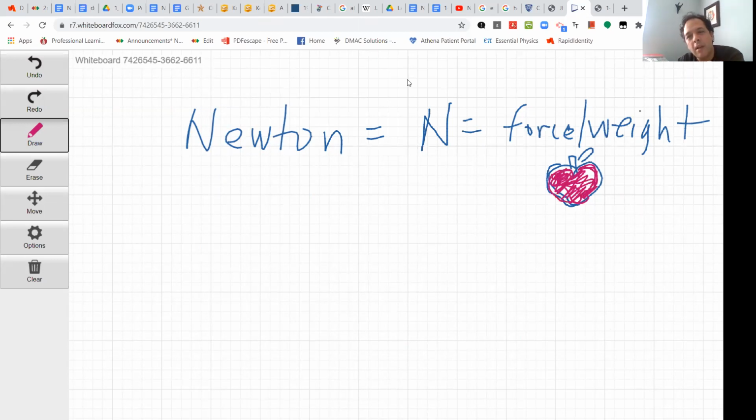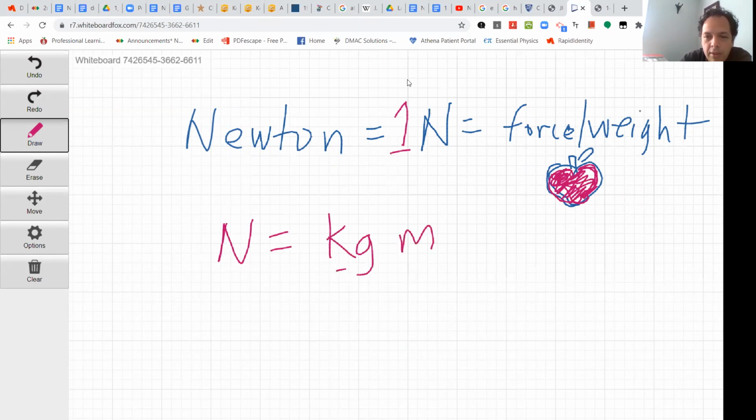So about 1 apple in your hand is about 1 Newton, right? So what is a Newton? A Newton is actually equal to a kilogram meter per second squared. So instead of writing this every time, they're like, well, let's just call this a Newton